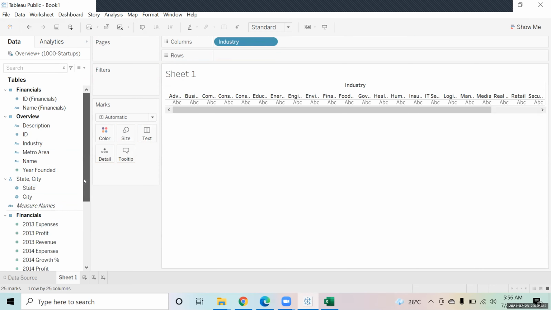If you want to give some name to it, you can do it. If you want to give the same name that you are getting right now, you can give it as the same also. And you just have to click on apply and OK. So you can see now the two fields are grouped together. So I will remove industry from here and I'll bring industry group in this. And let's sort the data. And there you go.